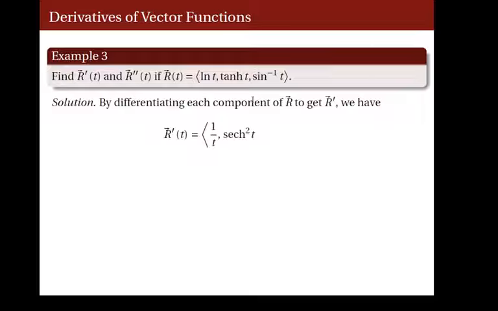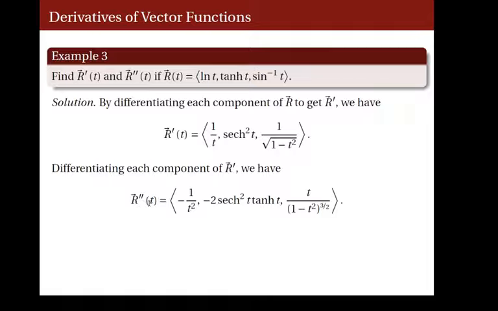And finally, for the derivative of sine inverse of t, we get 1 divided by the square root of 1 minus t squared. Now, to obtain the second derivative of R, we just need to get the derivative of this vector valued function R prime of t. And so, we will have